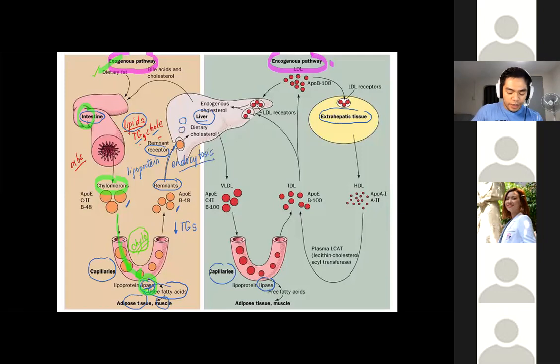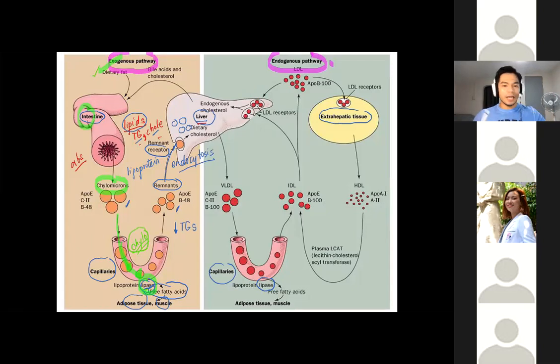That's why remnants will enter the liver. So at the end of exogenous pathway, papasok din ultimately yung remnants sa liver. So sa dulo so far, nasa liver na ang remnants. Can you still follow me? Okay, so let's continue. Once the chylomicron remnants are found in the liver, which is a versatile organ, one of the functions of the liver related to lipid handling is that it can